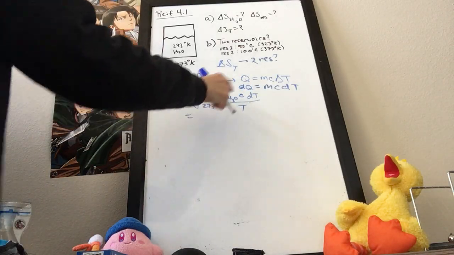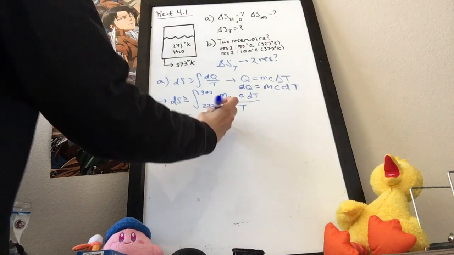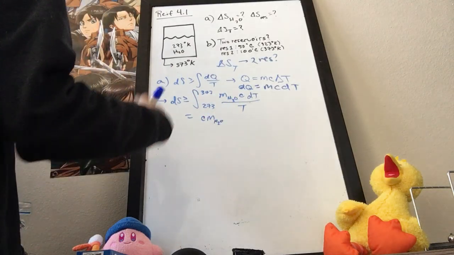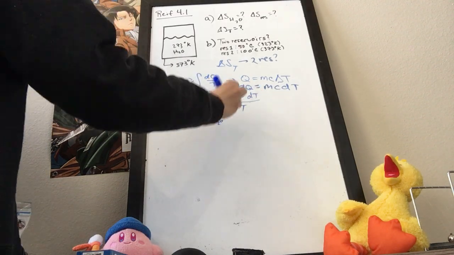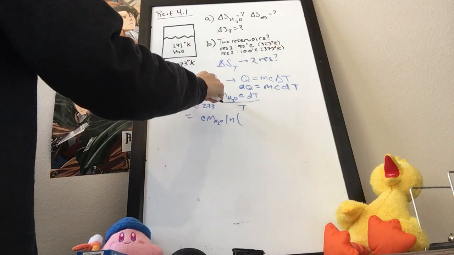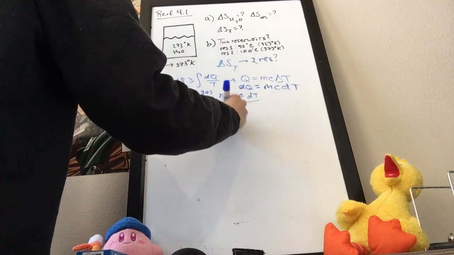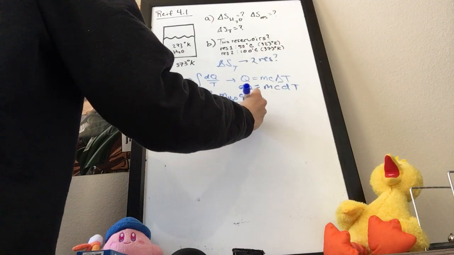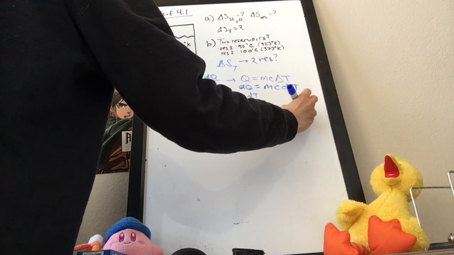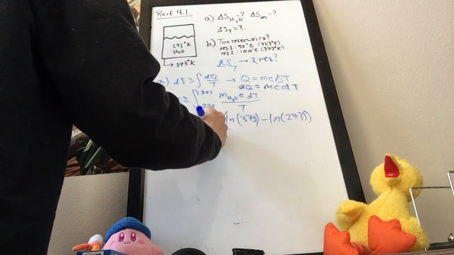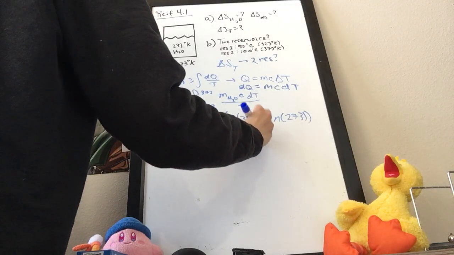Now we can integrate this. These are constants, so we can just pull them out. Forgive me for writing them in the wrong order. H2O, just so we're specifying that it's water. And then when we integrate dT over T, we get a natural logarithm of 373 minus the natural logarithm of 273. So when we evaluate that, I'll just show it expressly: ln 373 minus ln 273 is equal to m H2O C times the natural logarithm of 373 over